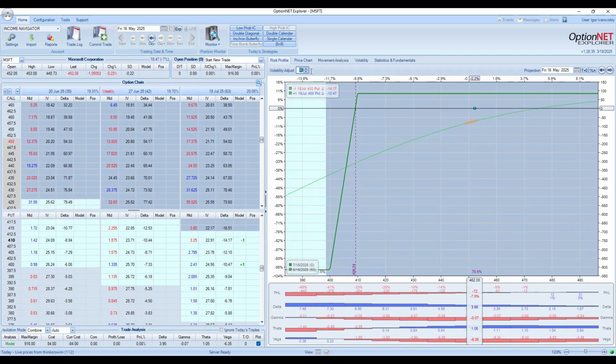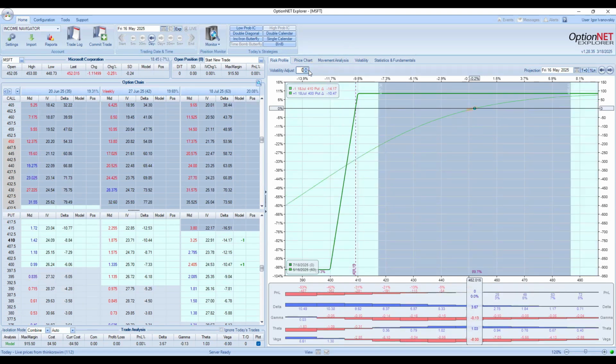So before deploying this trade, you want to think about what's your price outlook. Are you bullish or are you bearish? Maybe you're bullish to neutral, which is fine. What's your outlook on implied volatility? Would I want to put this trade on when implied volatility